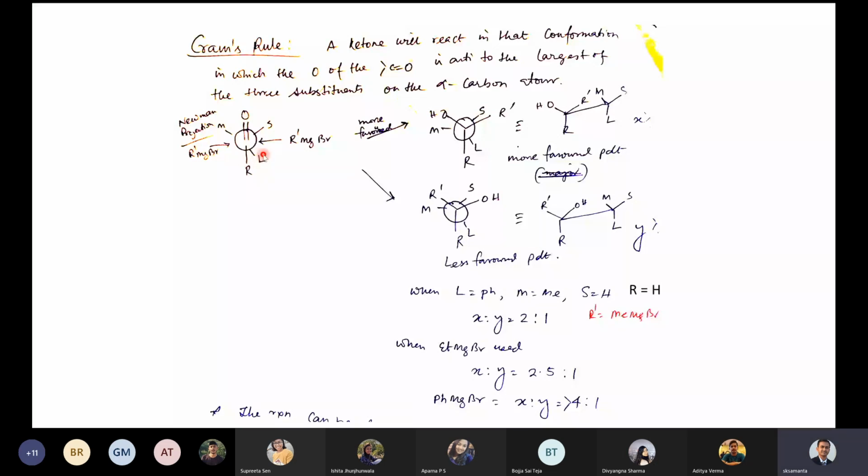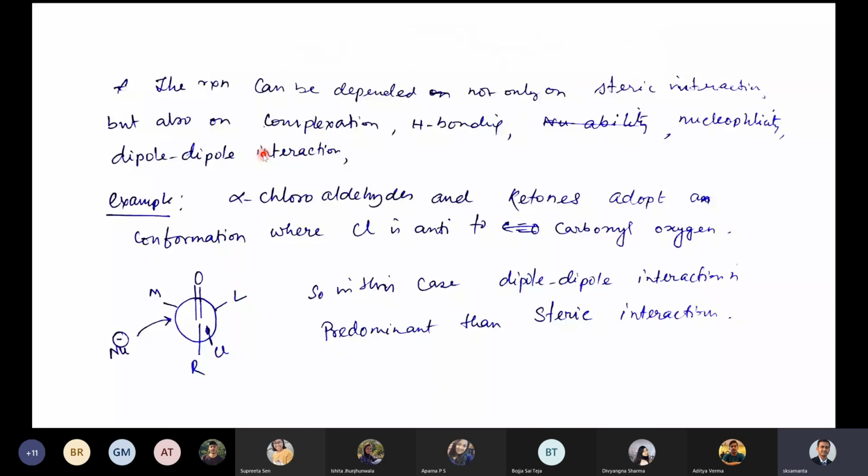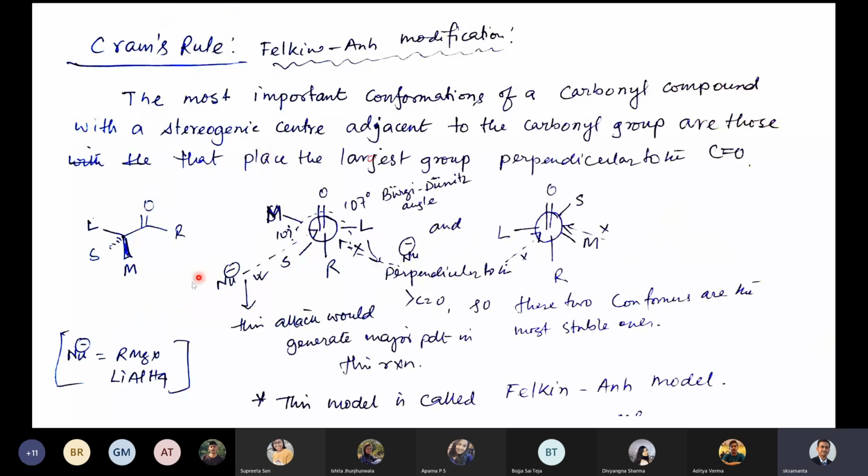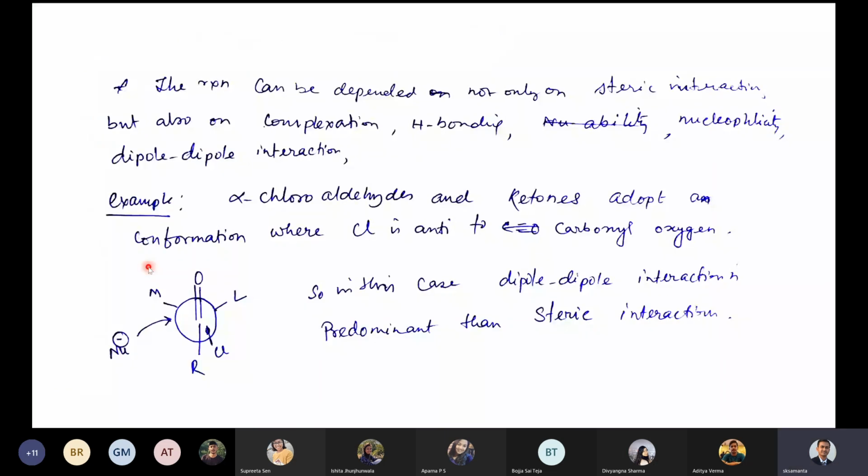Now I will show you one structure, then you will understand this part clearly. Let's say you are taking this molecule, and we want to convert this molecule into Cram's model. Then how do we convert? So this is your carbonyl carbon, this is your R group, and you have 3 different groups because this is a chiral center. So it has to be 3 different groups: a large one, a small one, a medium one. Correct? Now this one we are translating into a Newman projection formula.